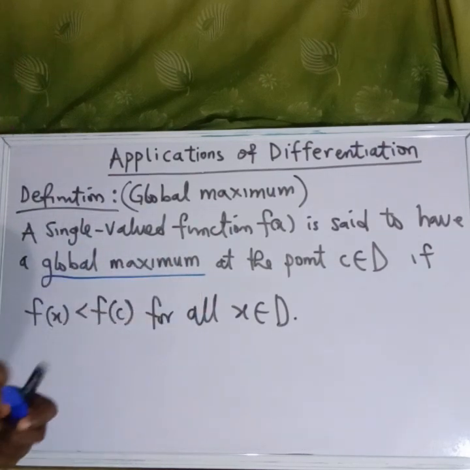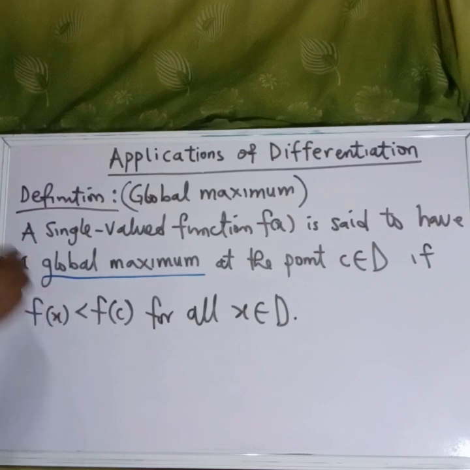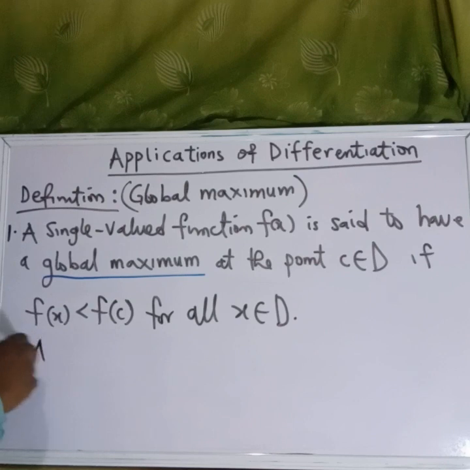As it is seen on the graph we have shown earlier, and similarly we can give a definition for what is referred to as global minimum. So let's see that. So we'll call this 1. So 2, a single value function